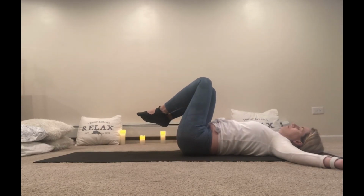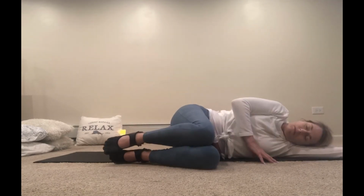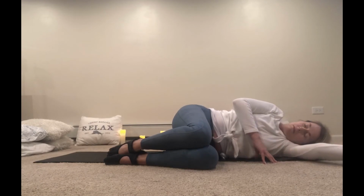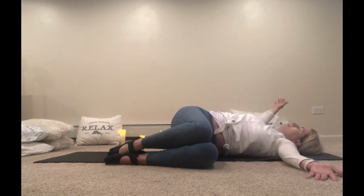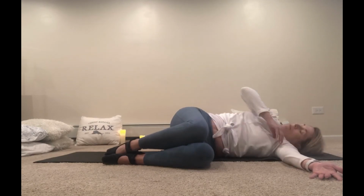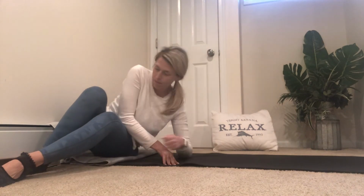now, using that left arm as extended, releasing our head as a pillow. And then we can open up and release that right shoulder down for that twist, knees stacked. Just feeling openness across our heart and chest. We'll push ourselves up to a seated pose. And we're going to get ready to make our way into our next pose, which is our supported legs up